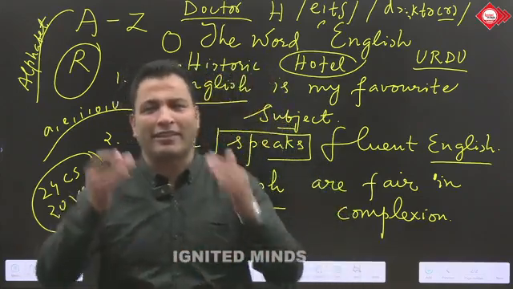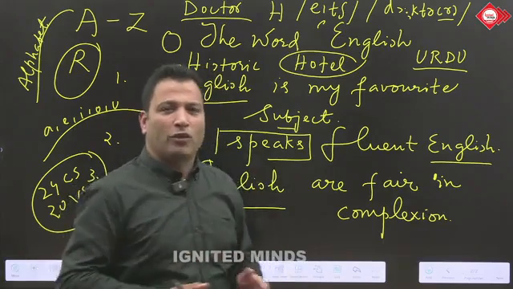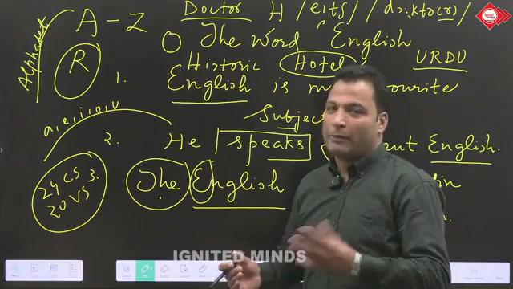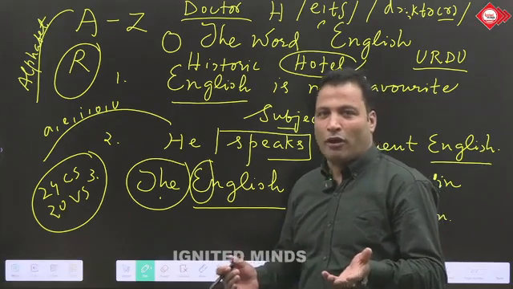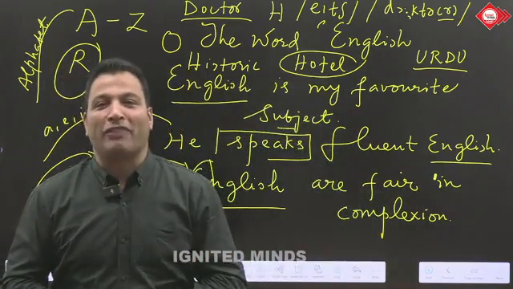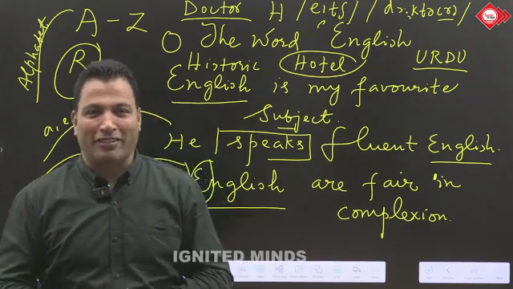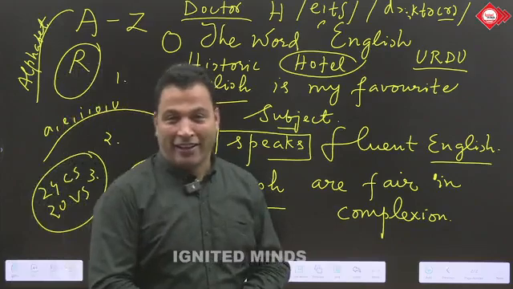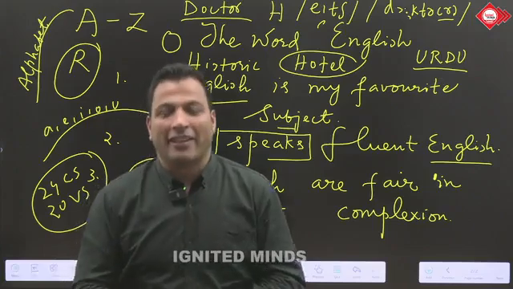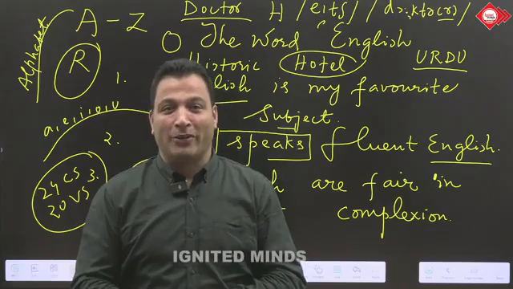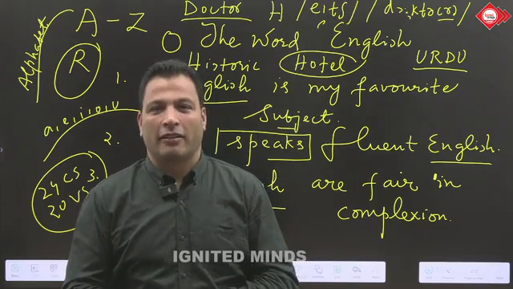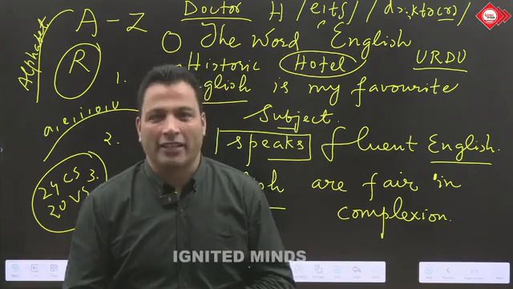Now the question is, what is the English? यहाँ पे important बात. Whenever you use article the with a nationality, it means the people of that country. Therefore, when I say the English, I do mean that it is the people of England. Be correct about the pronunciation of the word. England, not England. Therefore, Holland, Netherlands, New Zealand. That's it.